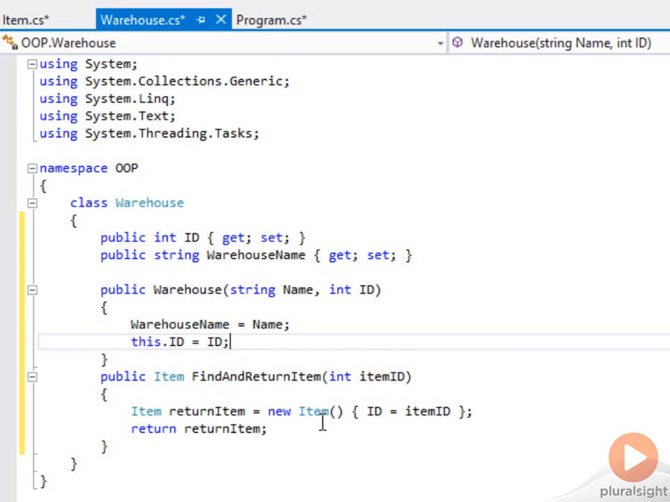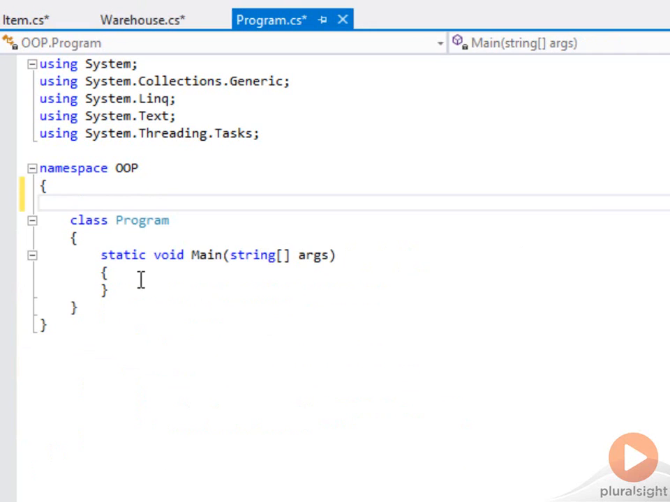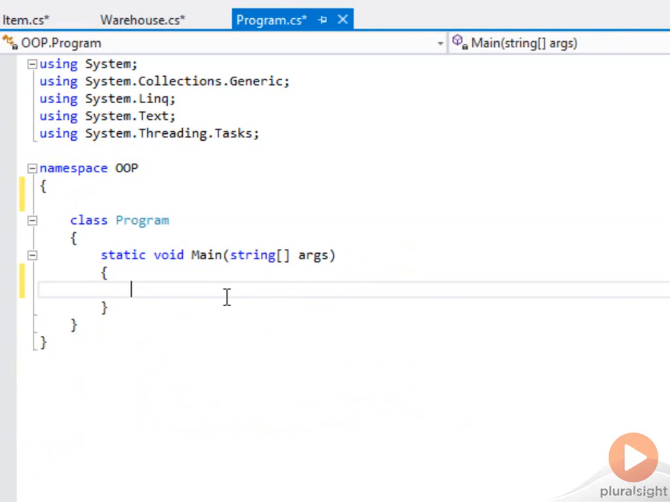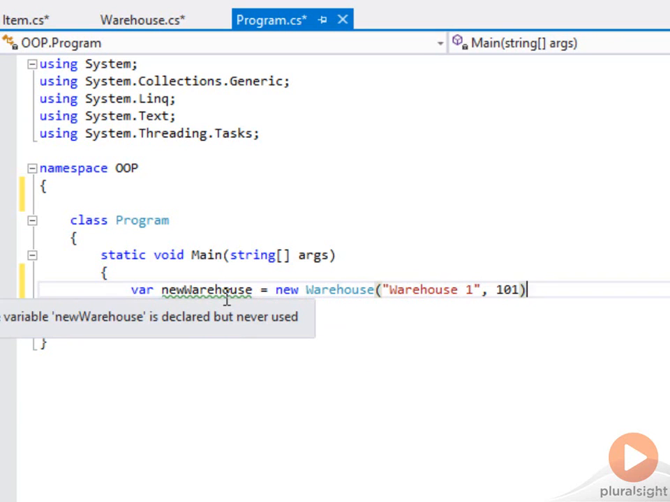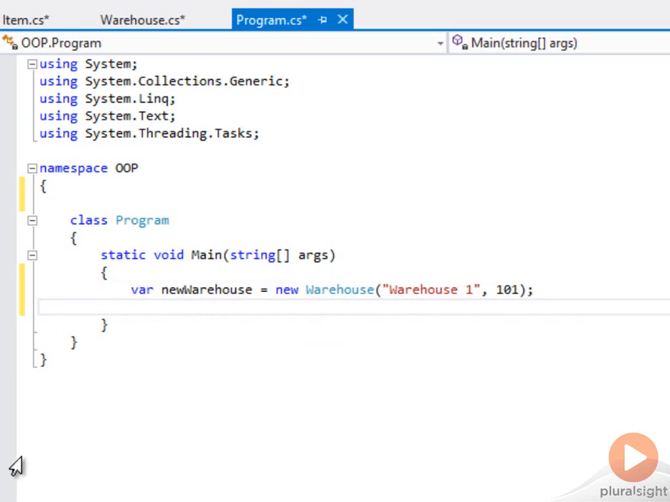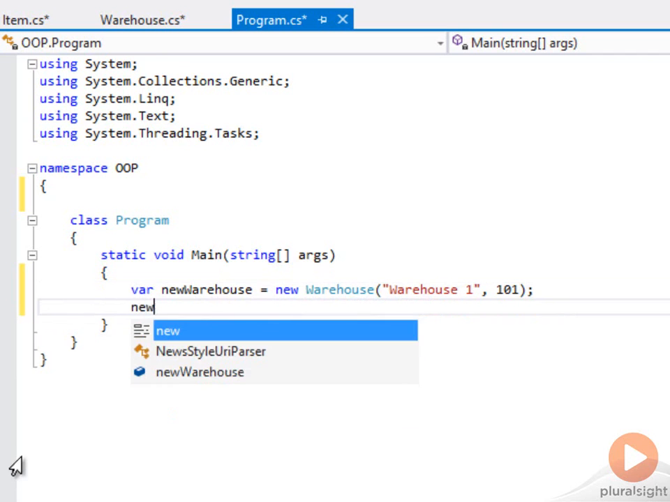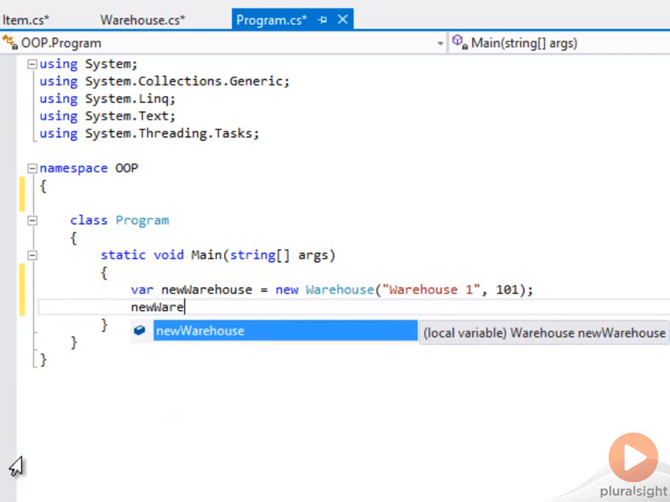Let's go back to our main program and wire up a request to the warehouse for an item. The first thing we need to do is to create a new warehouse item. Notice that the constructor for warehouse wants a name and an ID. So we can call it warehouse1, and we can give it the ID 101. We now have a warehouse, and we can request an item from that warehouse simply by saying new warehouse dot,